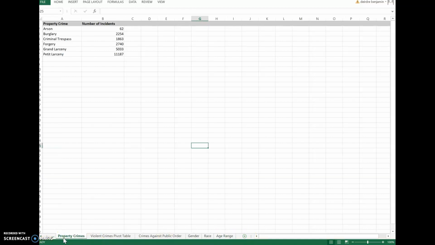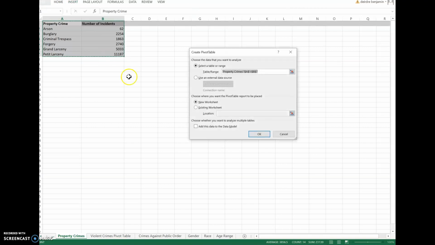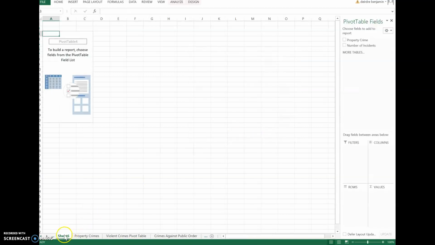So you'll see here, I'm going to start with property crimes to show you what to do. So right now I've already done the property crimes for you. You're going to highlight the property crimes, and you can see I use COUNTIF to do this. And I created this little data analysis, and then what I'm going to do is hit insert, and then I'm going to hit pivot table, and you'll see here I told the range, and I told it I would like you to make a new worksheet. So here's what I'm going to do. I'm going to hit OK, and as you can see down here pops up a new sheet,